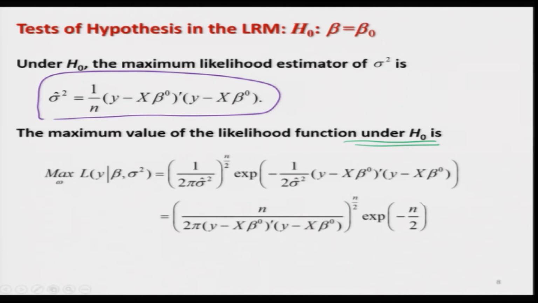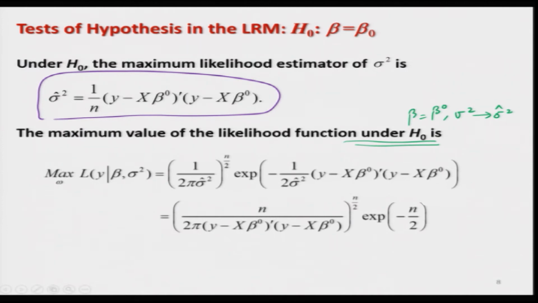And now, if you simply replace beta by beta naught and sigma square by sigma square hat in the likelihood function under H naught,